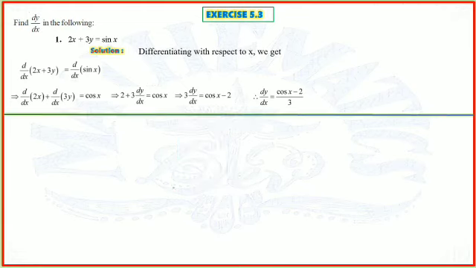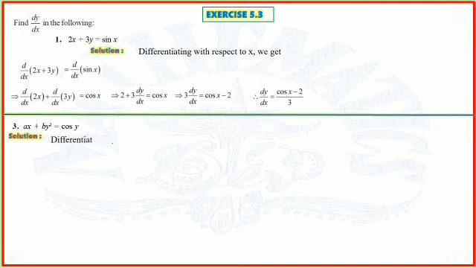We will try some more questions, then everything will be clear for you. Question number 2 is also very simple, that you can attempt. I am taking question number 3: ax plus by square is equal to cos y. Now you have to remember here, with this a, b, c, d, etc., then k, then l, whatever it is, you have to take all these alphabets as constants, and x, y, and sometimes t also as variables. So we are going to differentiate both sides with respect to x, like what we did in question number 1.